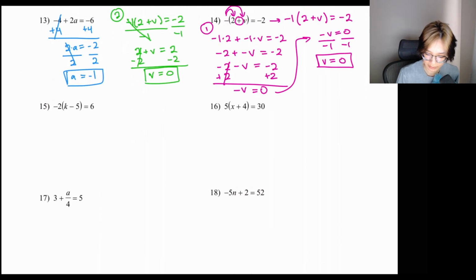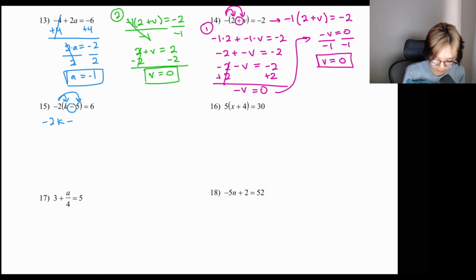You can just divide the entire thing by the number that's on the outside if it goes in evenly, if you notice that it goes in evenly. But we're going to go with the safer route of just distributing, because it's not always going to be able to happen. So here we have, first one, -2 times k,